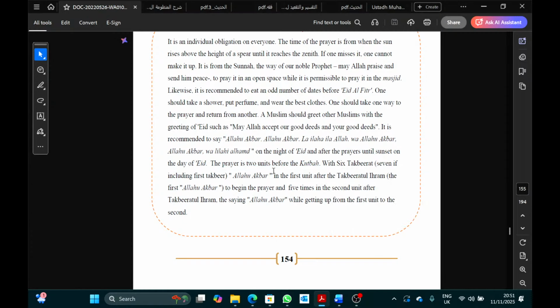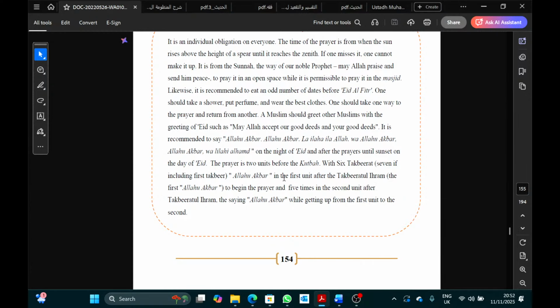How do you pray Salat al-Eid? Two raka'at before the khutbah. So opposite to Friday: Friday is khutbah first and then salah, Eid is salah first then the khutbah. You do 7 takbirat, but you say 7 including the first takbir. So 7 takbirs: Allahu Akbar, takbirat al-ihram, and then 6 after that. There is some khilaf, but everyone agrees that it's 7. They differ on whether takbirat al-ihram counts as part of the 7 or not. Let's just stick to this.